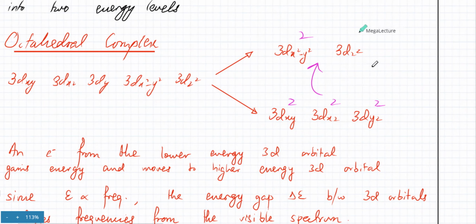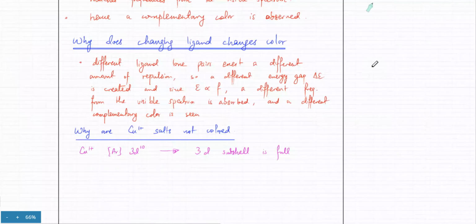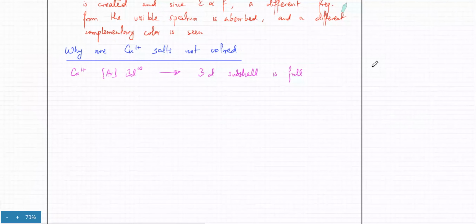So that's the reason why, if the D subshell is completely full, and that is also the case with zinc. Zinc forms ions, but its 3D subshell is also completely full, which is why I can add zinc 2 plus to this. Same reason for that. So we can write the answer: